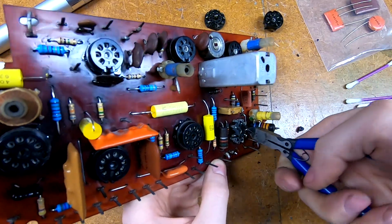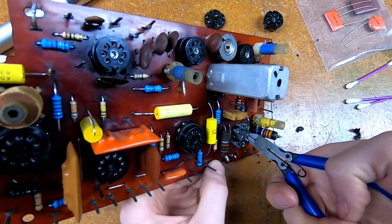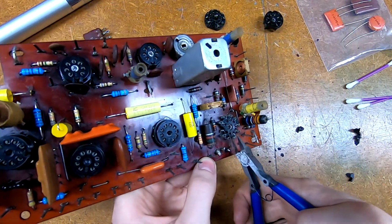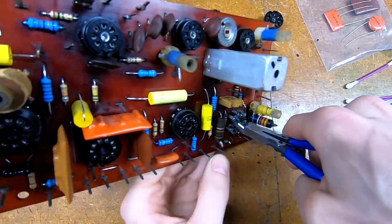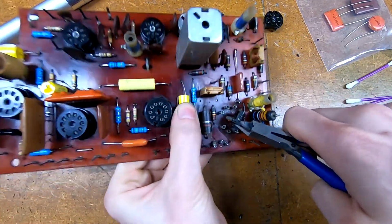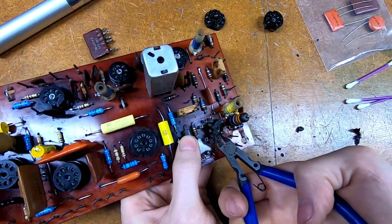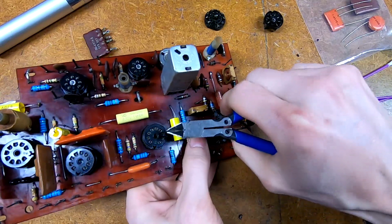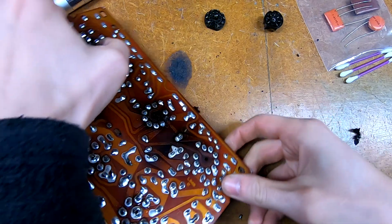I think I got all of them. Didn't I get all of them? Come on. Nope, still holding on by one. There we go. Alright, so that's the remnants of it, and then all I gotta do, so we can flip